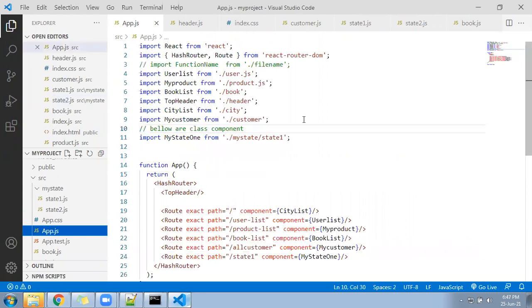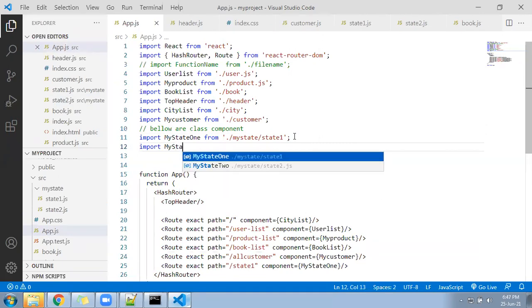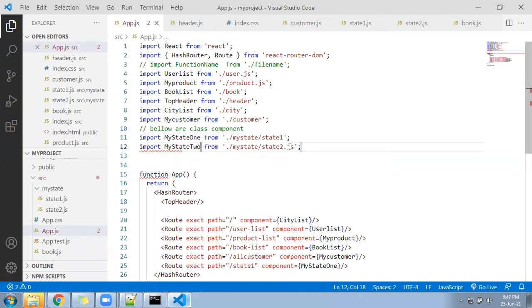We will be importing it here: import MyState2 here. Auto import happens. You can remove .js also, it is not required because the current file is a JS file itself. In JS, .js is optional.